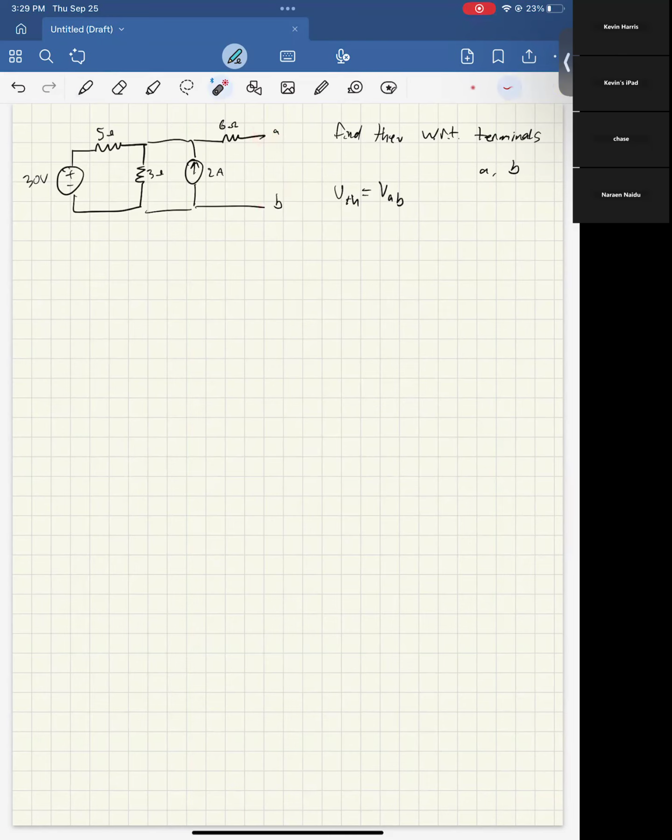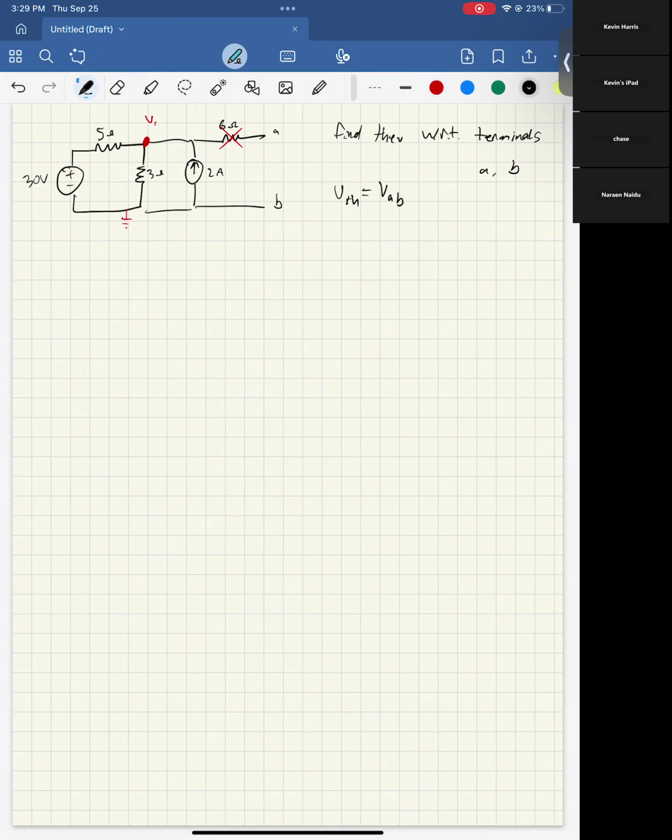And if we look, there's not any current flowing this way. And since V equals IR, if there is no I, then there is no voltage drop. So that means that this voltage is the same as this voltage. So really, we can ignore this for now, for the purposes of finding the voltage. And then we just need to find the voltage between these points. To do that, I'm going to use node voltage because I like node voltage. So if I call this V1 and this 0 volts,